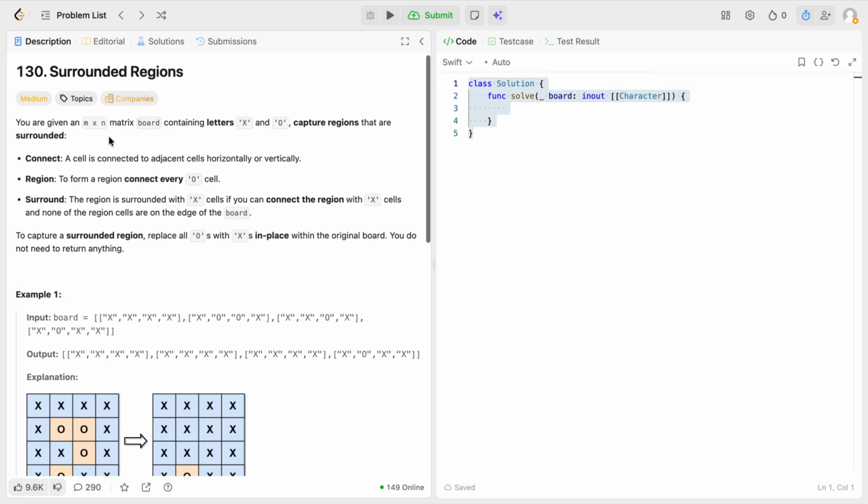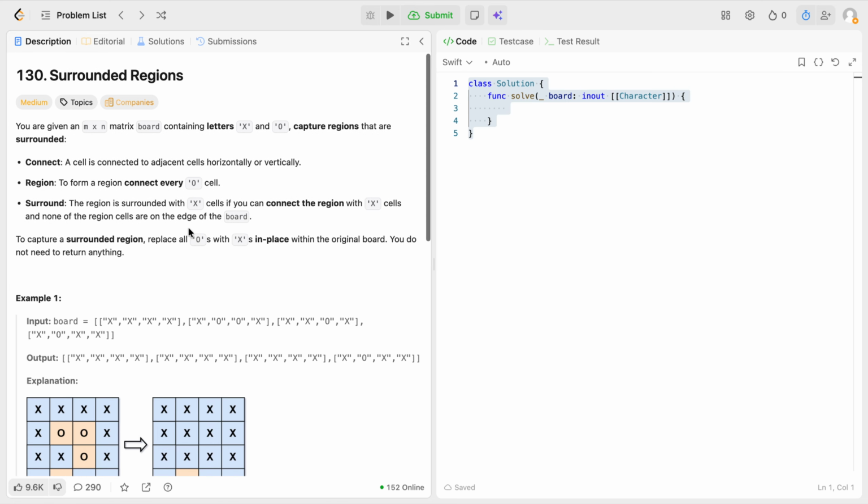You are given an m by n matrix board containing letters X and O's or zeros. Capture regions that are surrounded. A cell is connected to adjacent cells horizontally or vertically. Okay. A region to form a connect